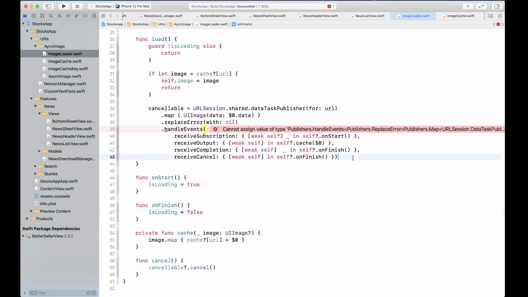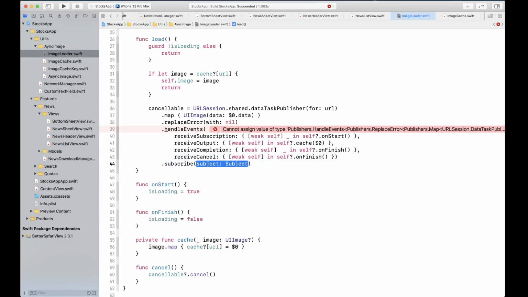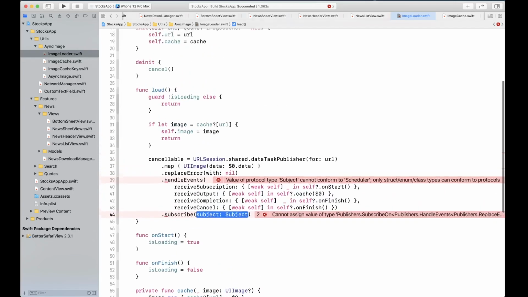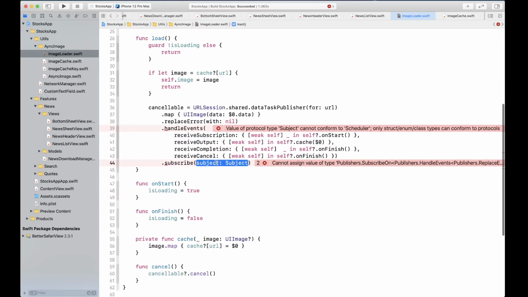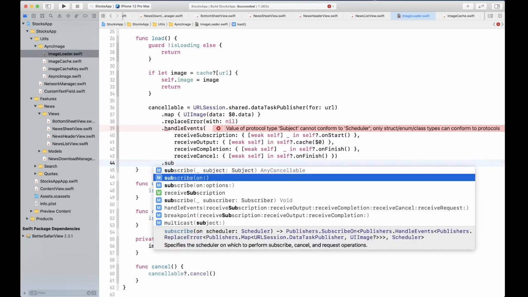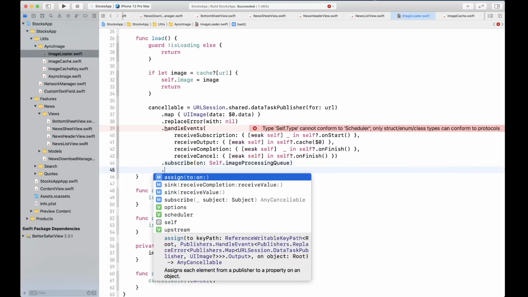Okay, and right here we're going to say subscribe on, and then we have this queue that we have created, so we can actually subscribe on this queue. Subscribe on takes the scheduler, so we're going to say capital Self, that's representing not the object but the type, dot imageProcessingQueue.